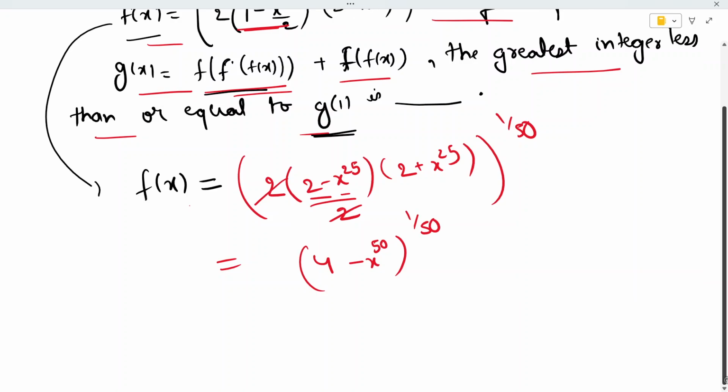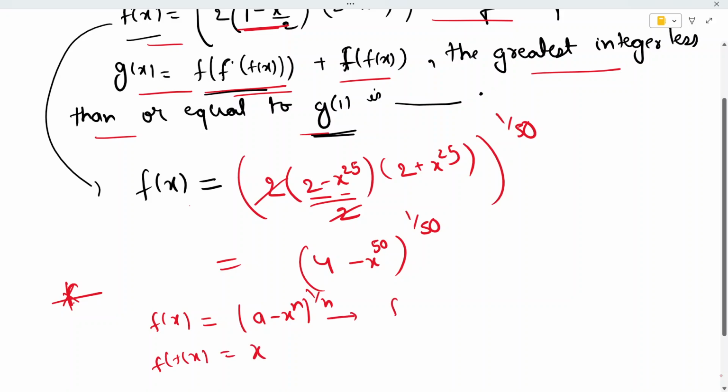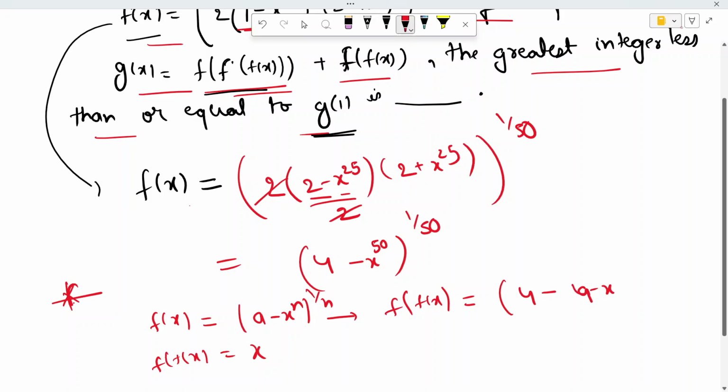अब यहाँ पे एक फॉर्मूला मैंने प्रूफ किया था f of fx. This is a result. f of fx is equal to a minus x to the power n upon 1 by n है. Then f of fx जो होता है x हो जाता है. You can substitute easily and get like substitute f of fx. Then when you substitute, what you get? 4 minus a minus x to the 4, assuming a, sorry,